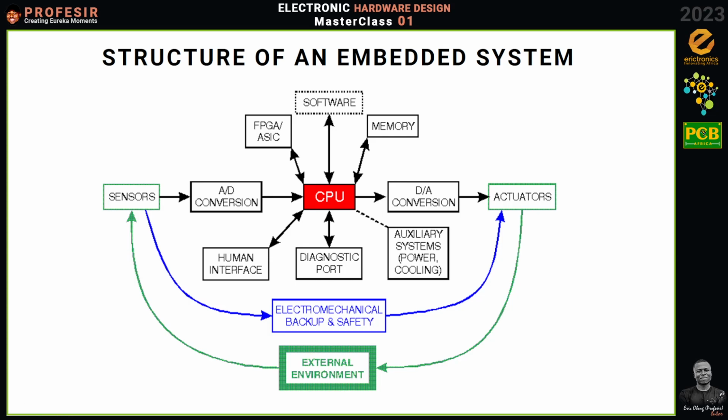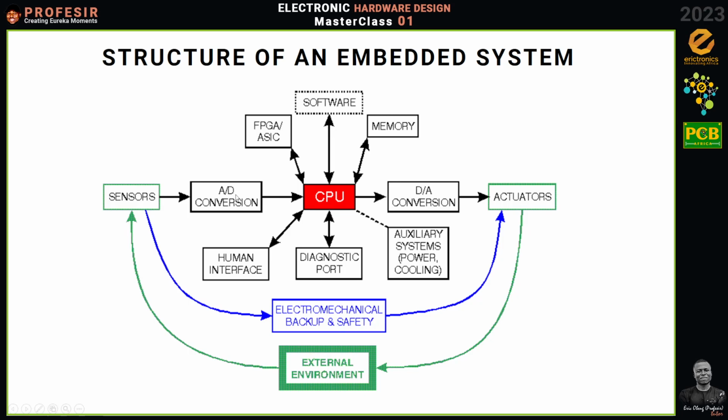It converts the analog signals from the sensor into digital form. Now, why does it have to do this? This is because the computing unit which we use in embedded systems can only process digital signals, okay? Now, there are a few sensors that actually have digital output. So in that case, you don't need an ADC to connect them to the CPU. You can directly connect them to the CPU. So take notice of all these variations that we are looking at, okay?